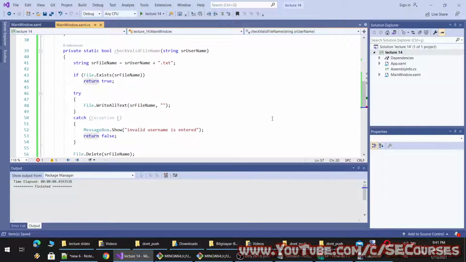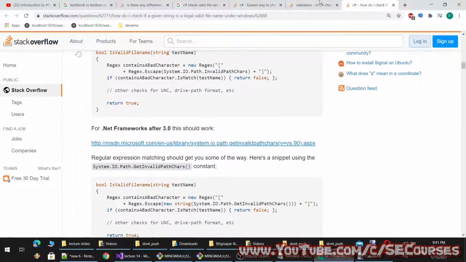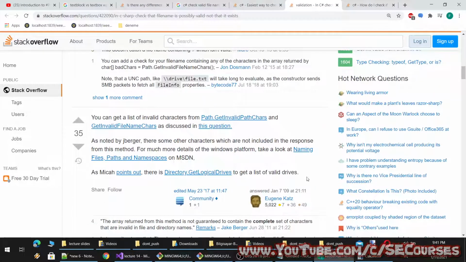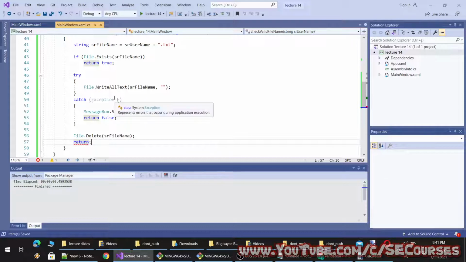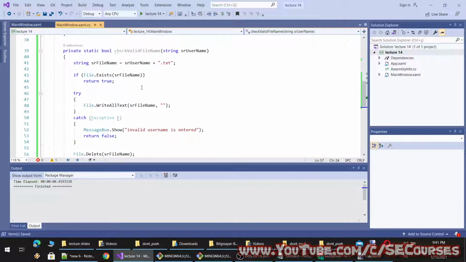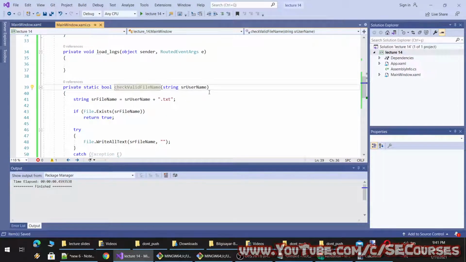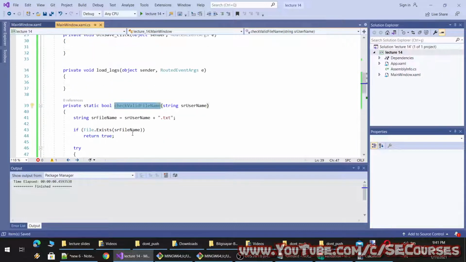This is not the best way of checking whether a file name is valid or not. If you allow only certain characters to be entered, you don't need to check it like this, but this is the easy implementation. So you wonder why I coded this method.